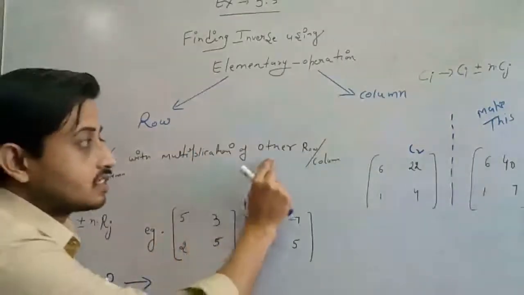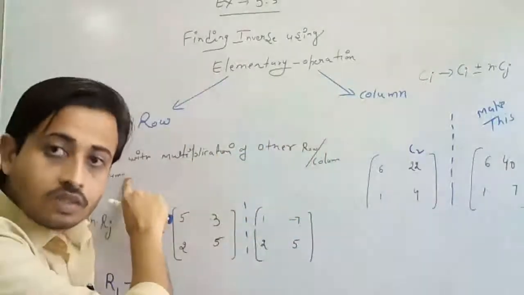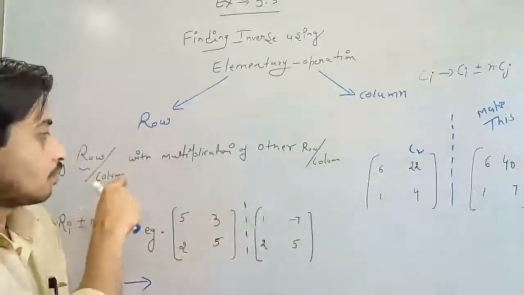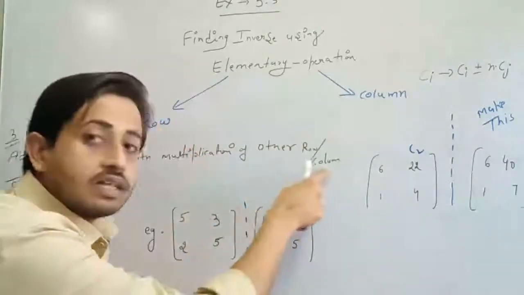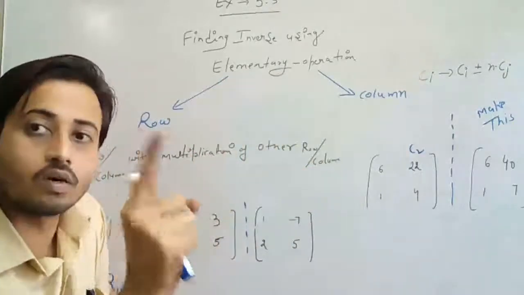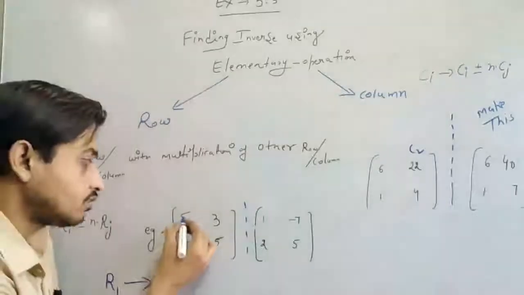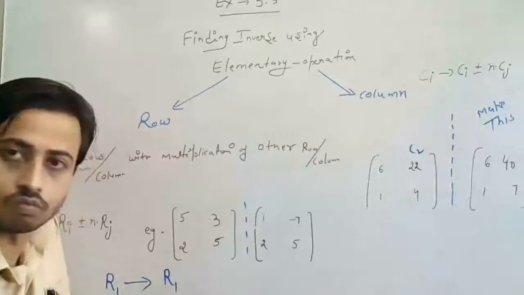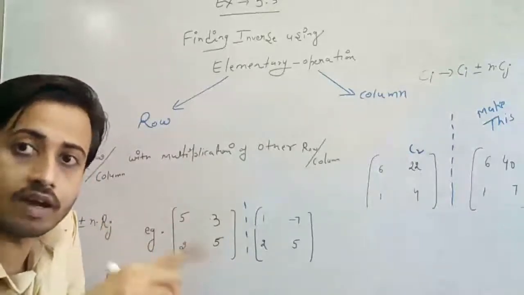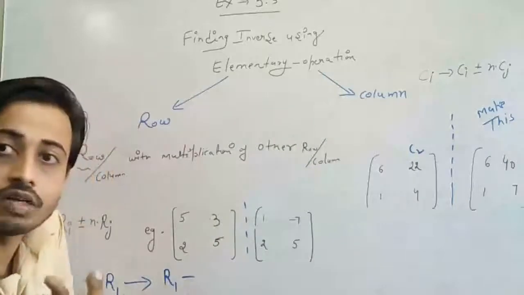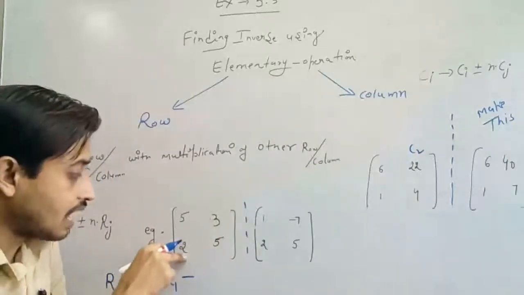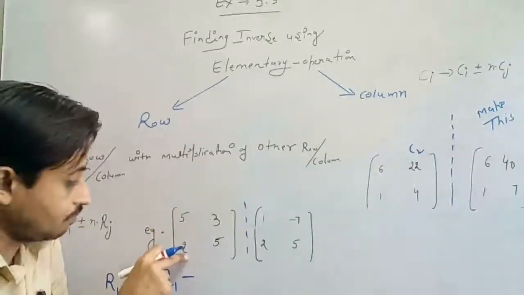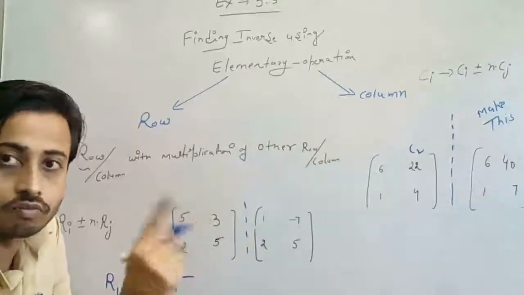In this, by multiplication of the other row. If you are applying an operation on a row, then you can use only row operations, the other row. If you are applying a column operation, then you have to apply only the other columns. You must not mix row and column. So in this, what do we have to do? In this we require 5 minus 4. 5 is our first row. Now subtract 5 minus 4, it means minus. And how will we get 4? The corresponding element in R2 is 2. If we multiply the second row by 2, 2 times 2, we will get 4.